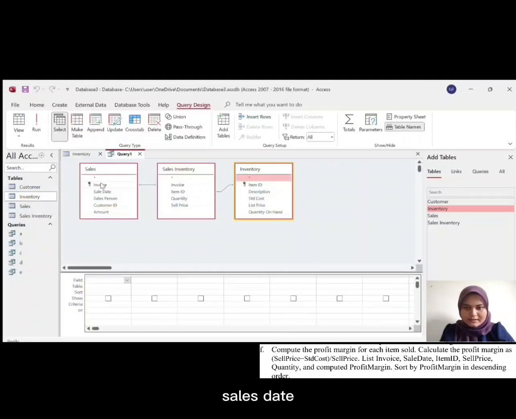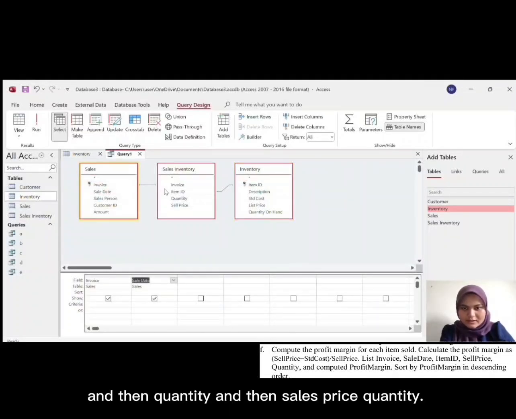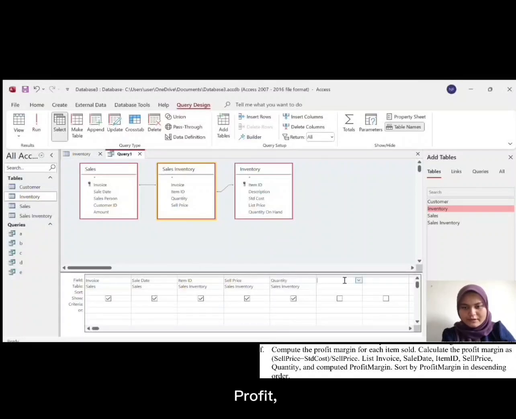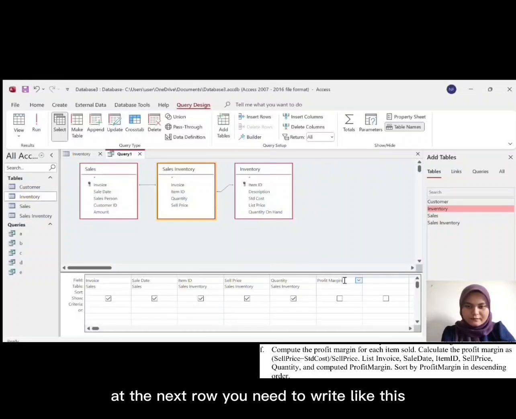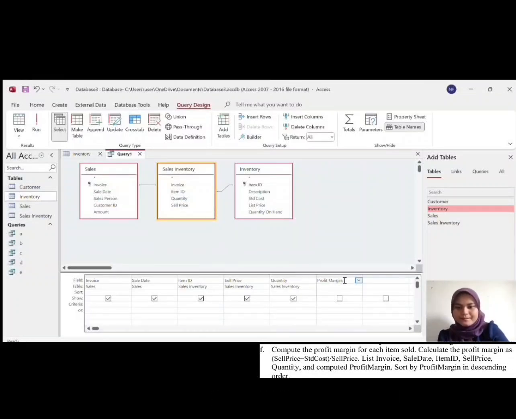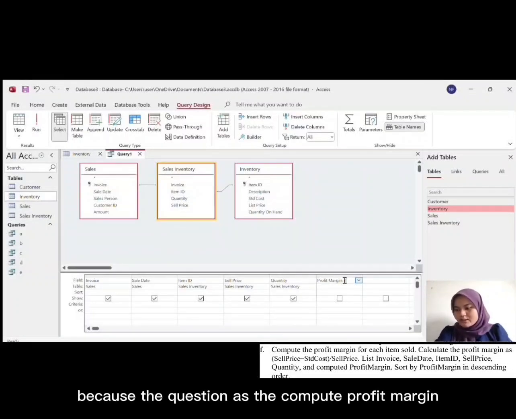Okay, sales date, and then item ID, sale inventory, and then quantity, and then sales price, quantity. Okay, profit. At the next row you need to write like this, profit margin, because the question asks to compute profit margin.